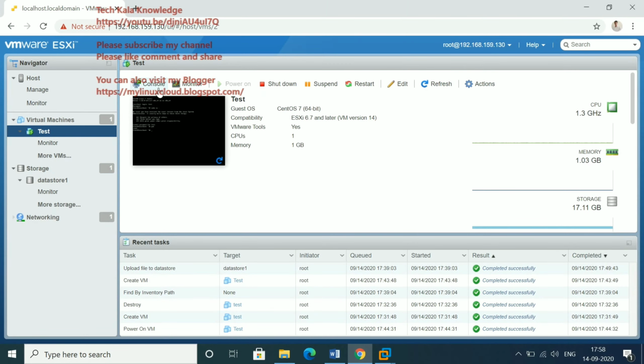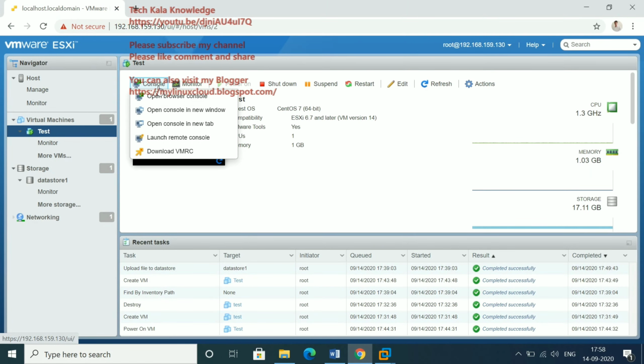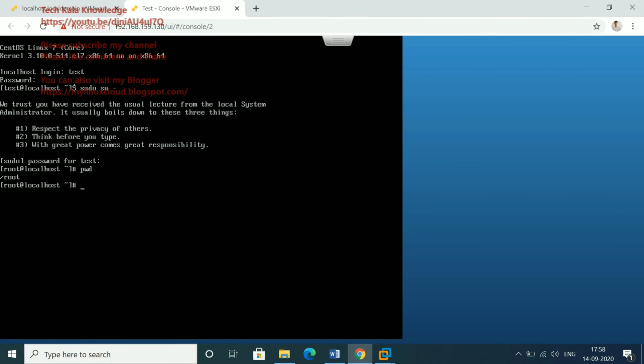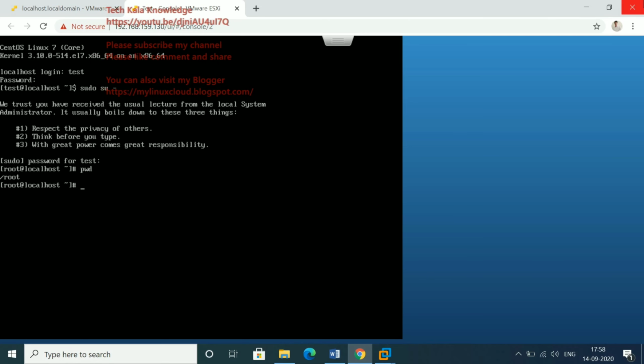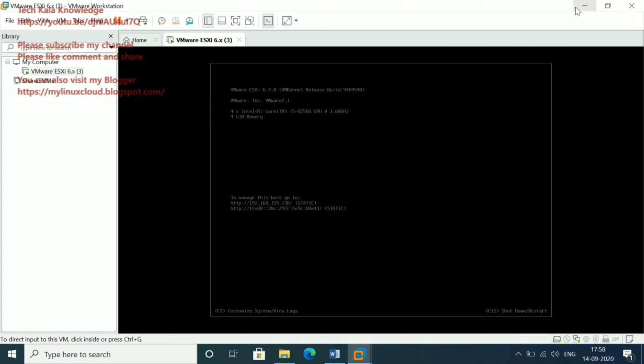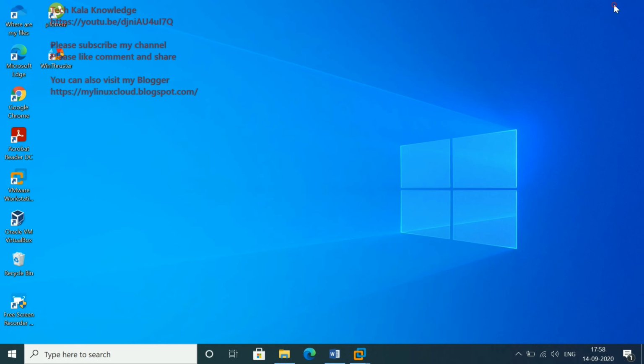There are many options. If you want to open a console, you open a new tab. Oh, I closed all the windows. No problem, let me open that one again.